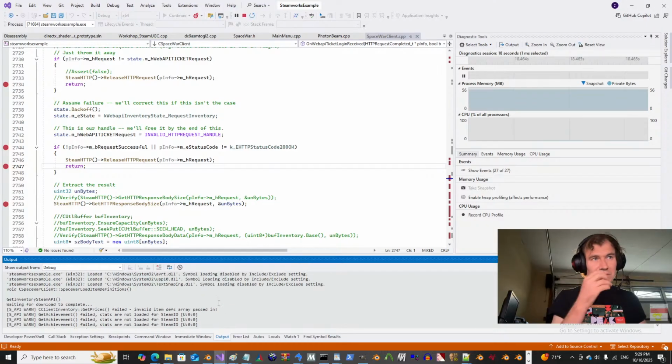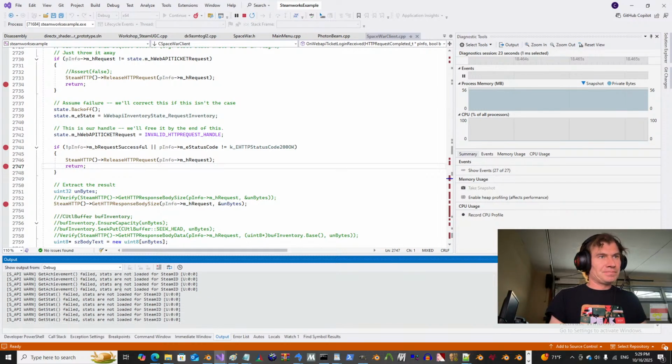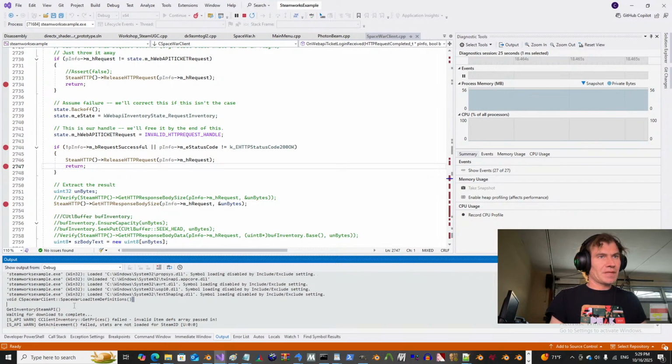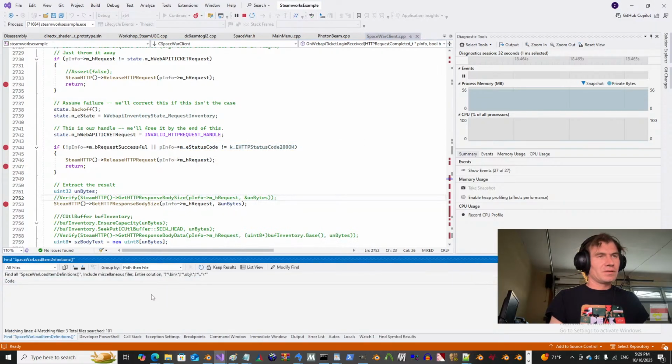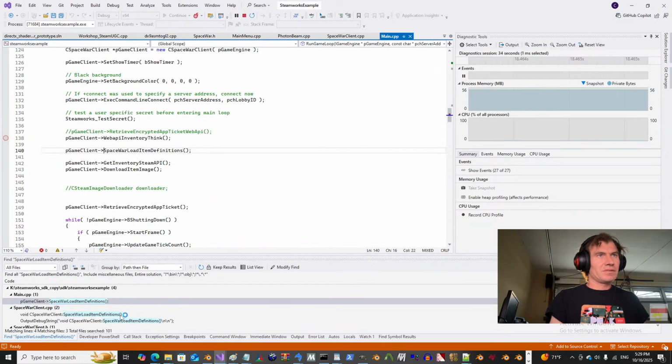What Steam ID are we using? Spacebar load item definitions. Uh-oh. I don't know what our Steam ID was. Alright, so what we need to do,